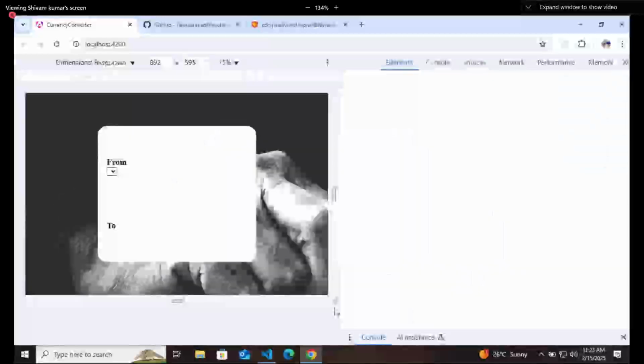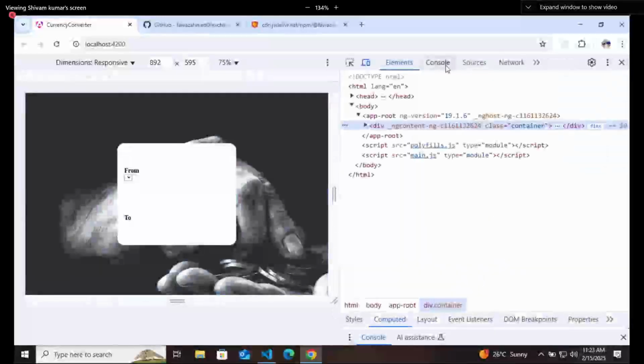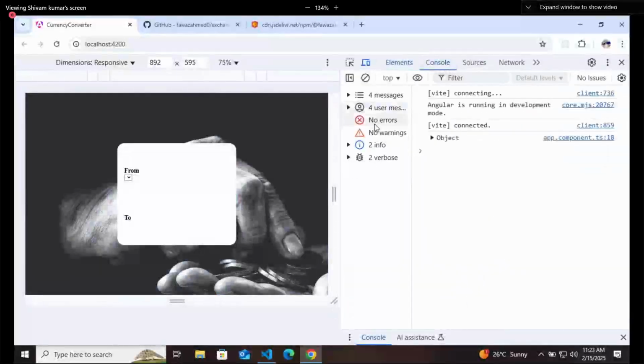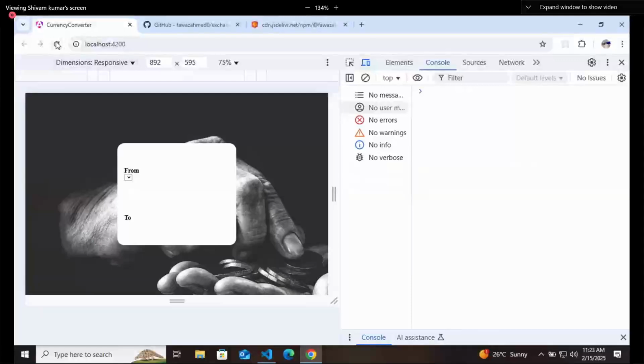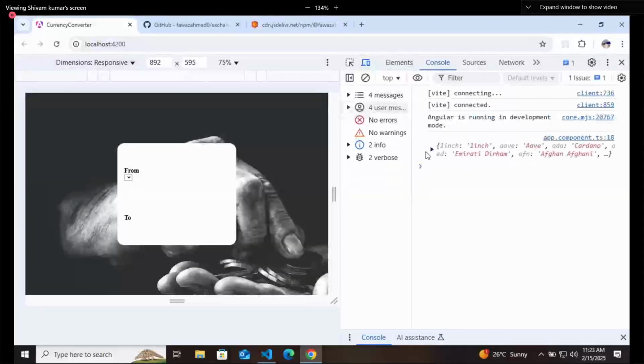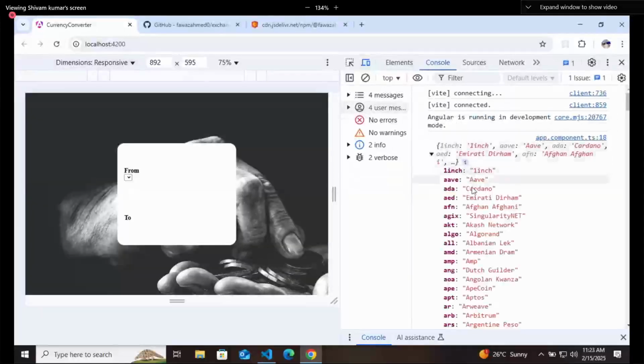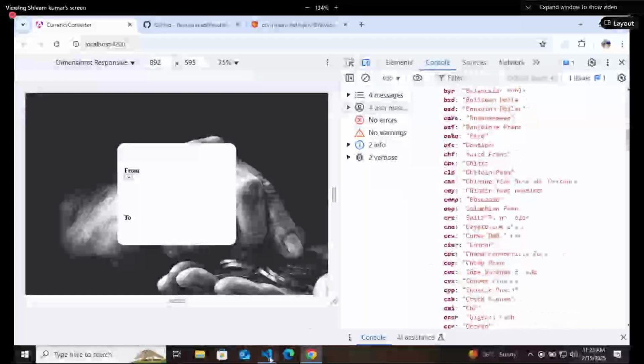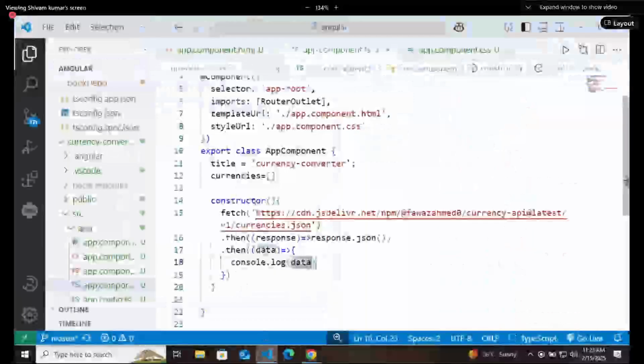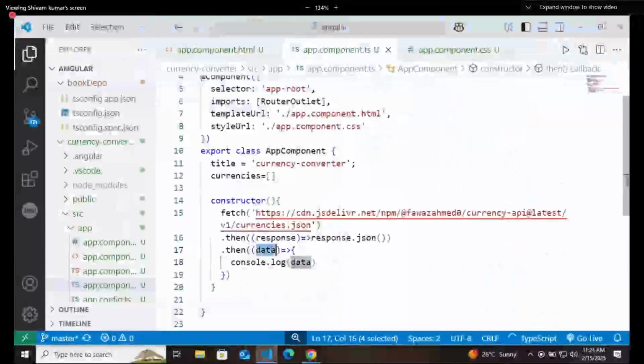So go to inspect and then go to console. So refresh it here. When you are refreshing, it is returning all the currencies in the console. It means that now you got all the currencies in this data variable.